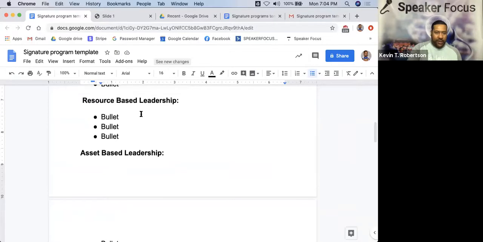Resource-based leadership. Now, if I had to talk about resources, why are resources so invaluable? First of all, resources is one of my, if not my favorite word, because resources allow you to access and gain knowledge to things that you normally would not have access to. Resources allow you to become empowered. Resources allow you to move the meter. It allows you to grow, excel beyond your imagination. And if you don't have access to resources, you stay stuck right in one spot. So resources allow you to move things forward. So I would say, learn the importance